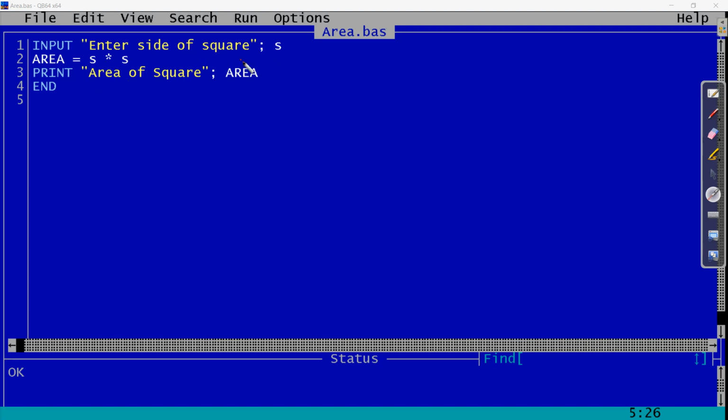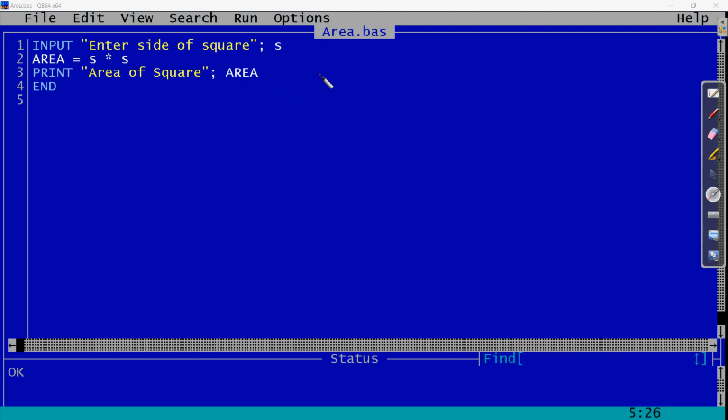Then we know already that all the sides are equal, so we do not need to take the length of another side. Directly we can find the area: area is equal to side into side. Here the length of the side is s, so s into s will be multiplied and saved in the variable area. Then whatever area you have calculated can be printed using the print statement. We use the print command, write whatever message we want, then after the semicolon the name of the variable where we have stored it, which is area.